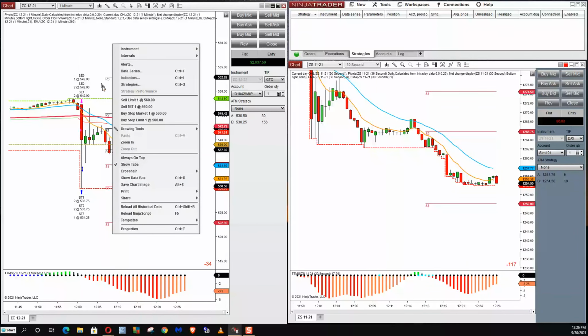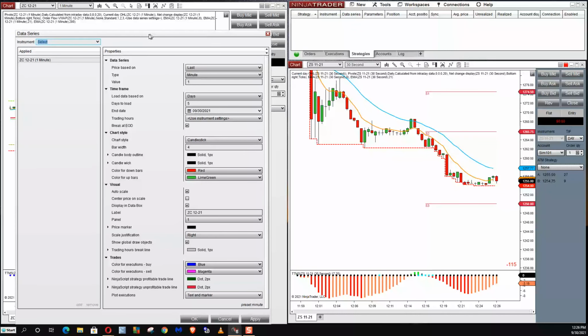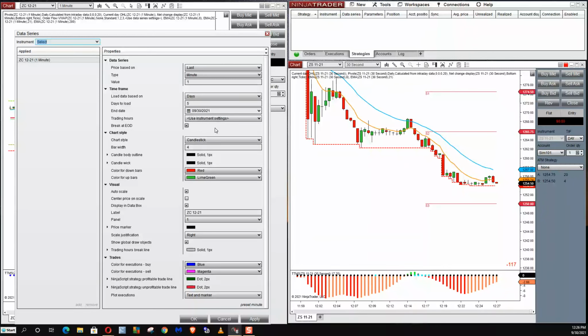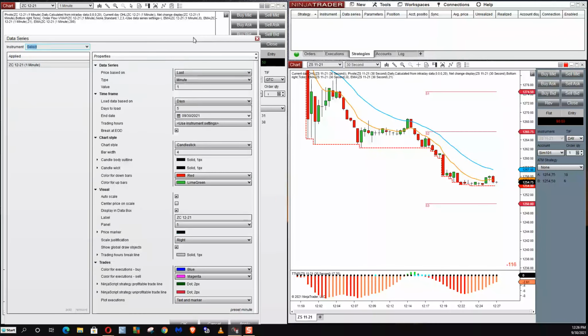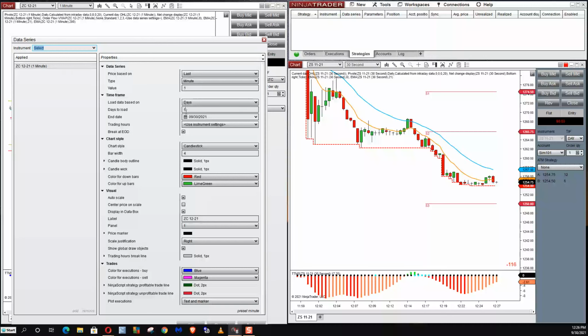Lost a lot. Alonzo, the data series, I hate to say this. That note is wrong. It's incorrect. My data series is on instrument settings. All that it affects is the pivots. It doesn't affect the trade. You don't have to worry about it. The only time it matters is if you're trading after hours.